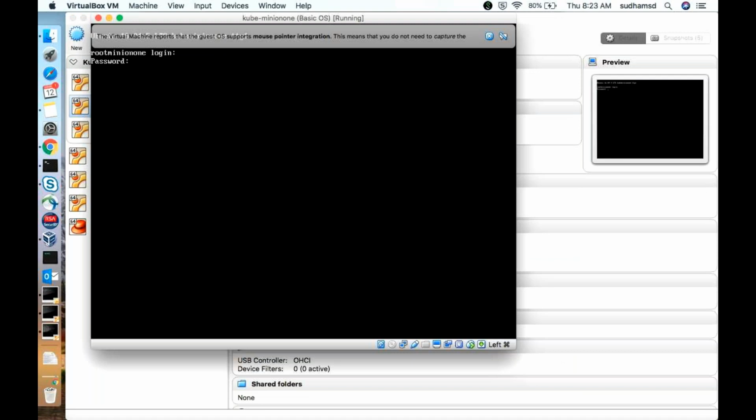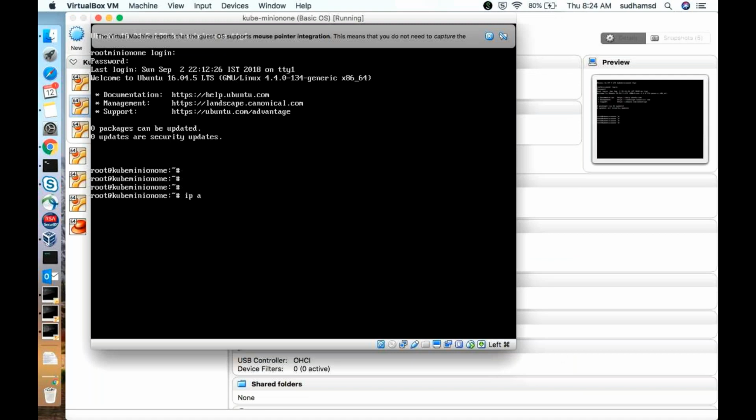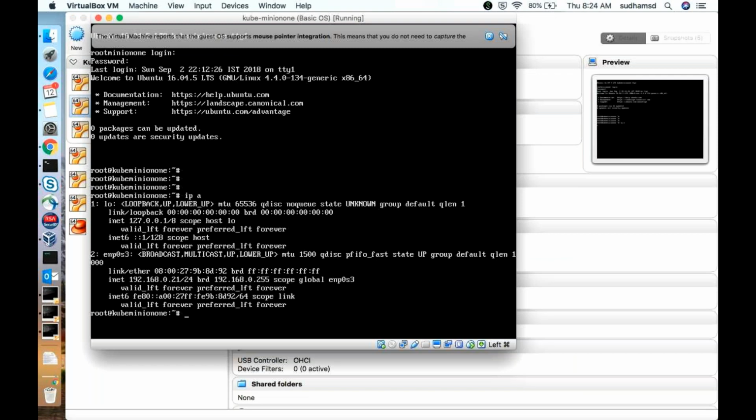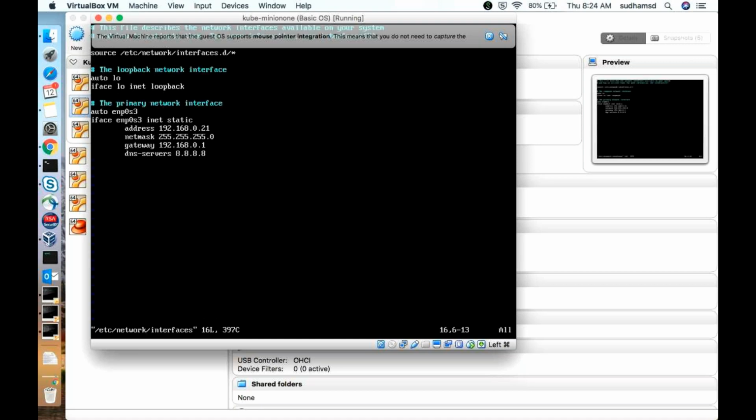You can see the IP address, it is 192.168.0.21. Okay, so now it should be the DNS name service.